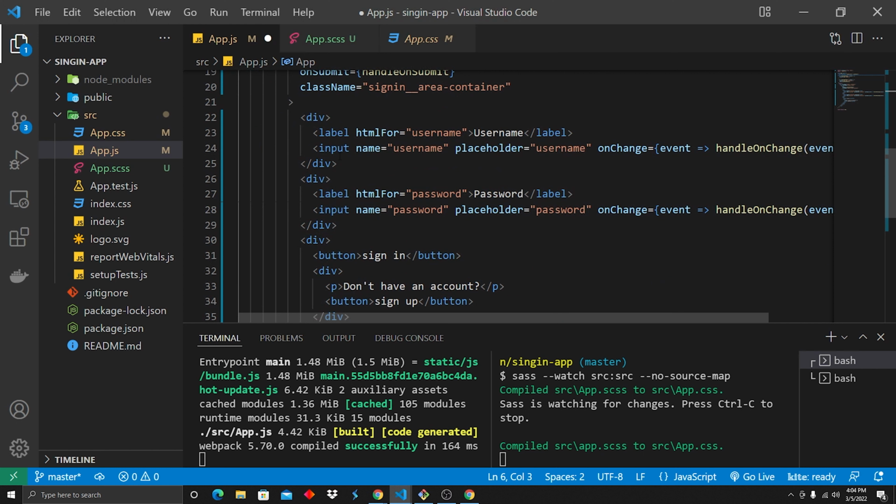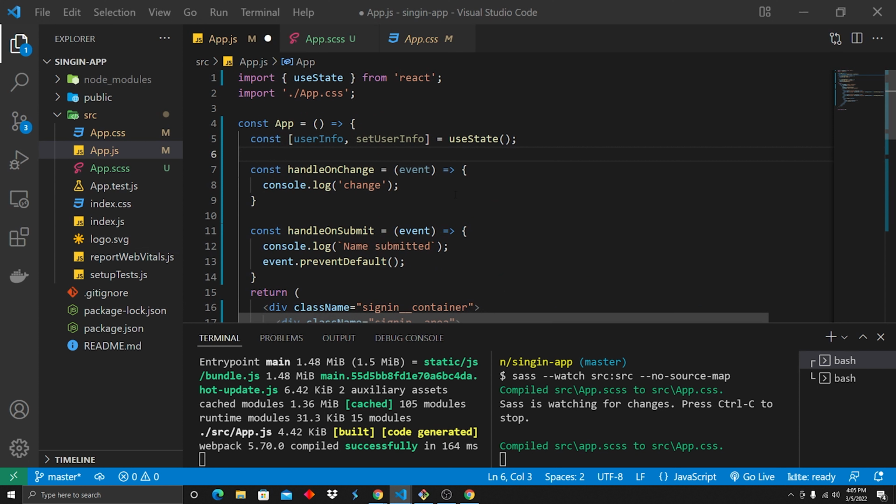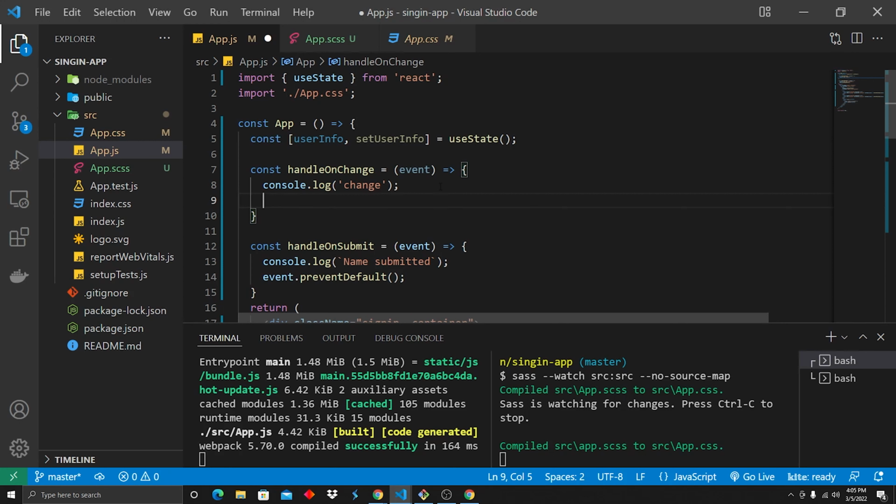All right, so when we go to our input, we have these handleOnChange events. Essentially, that is going to handle on each keystroke the change to the value inside the input field. And what we want to do is we want to store that value inside useState. So this is going to be some pretty advanced stuff, but very good for you to know if you don't already. We're going to destructure event, and we're going to destructure name and value, pardon me,